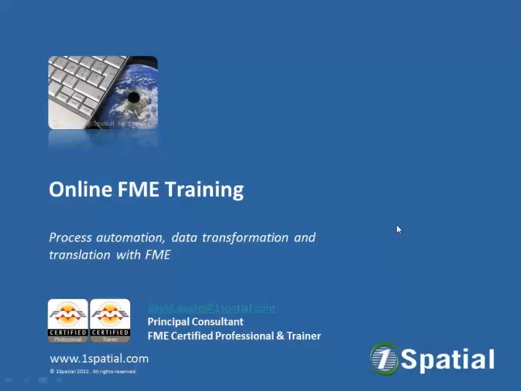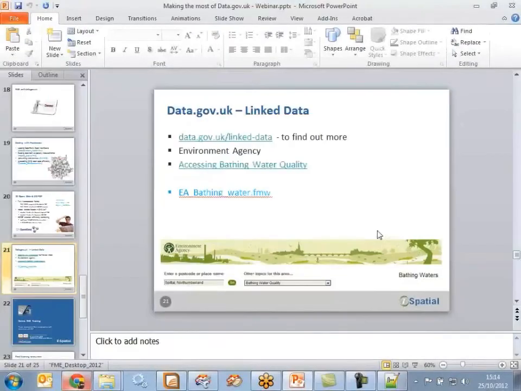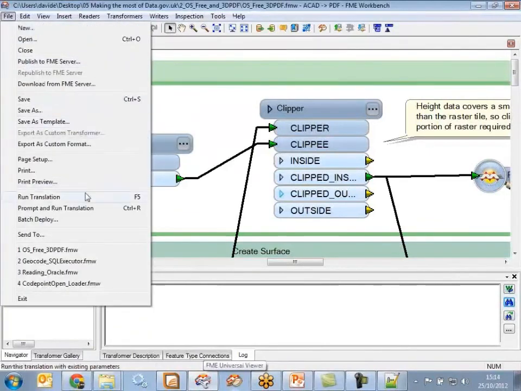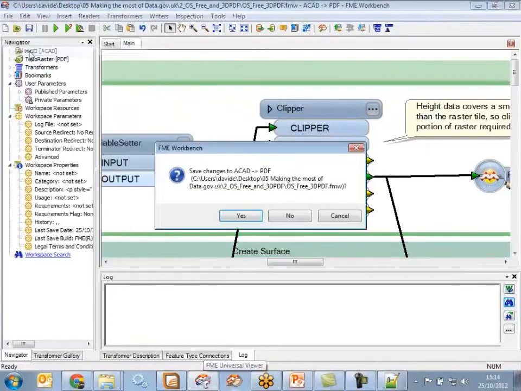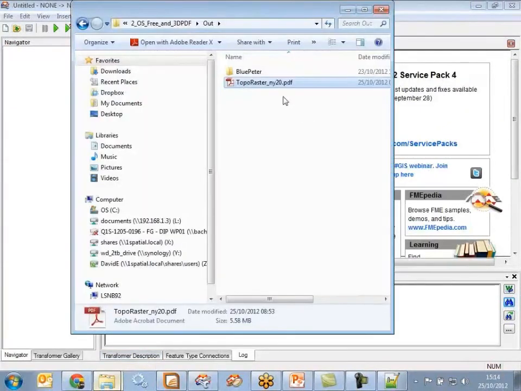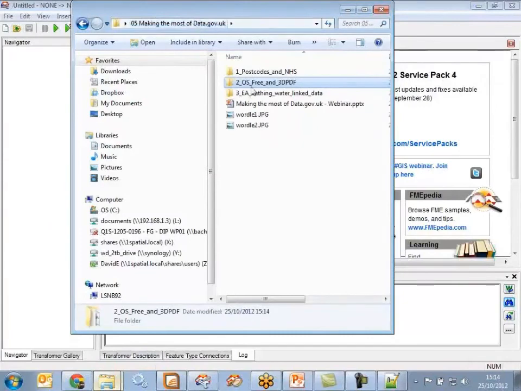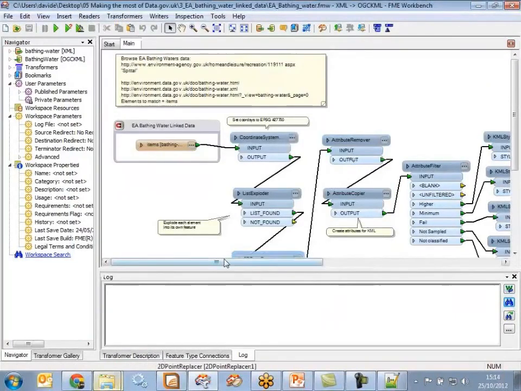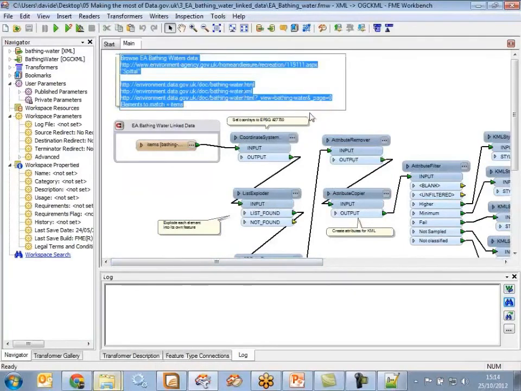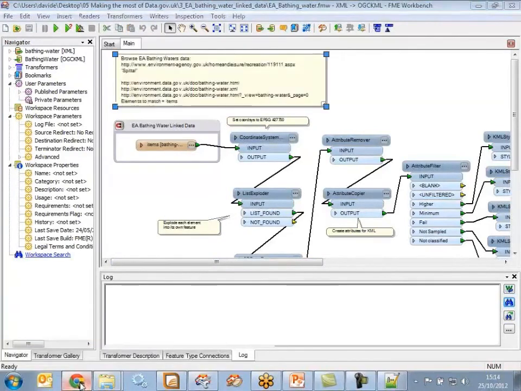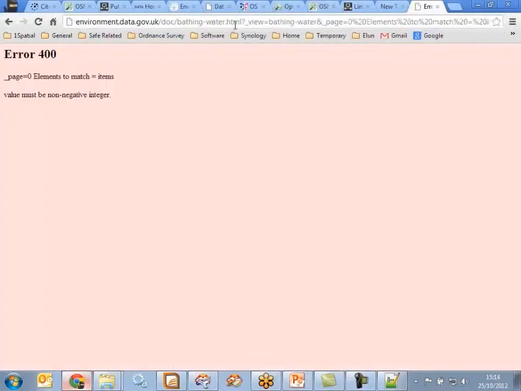What we can see is if we go and take a look at an FME Workspace that I have in process here, so if I just dive down and open up a new workspace that I've got open elsewhere, and drop that into the workflow, you can see here that what I've got is I just steal a URL, a URL to some bathing water information that I'll drop into my browser,